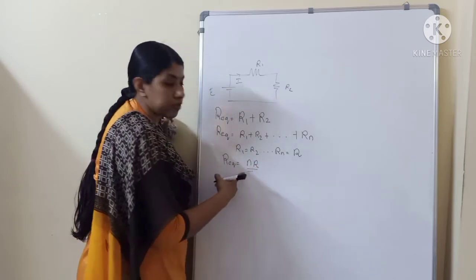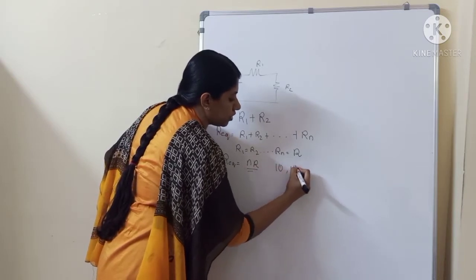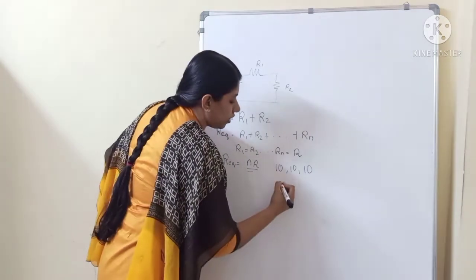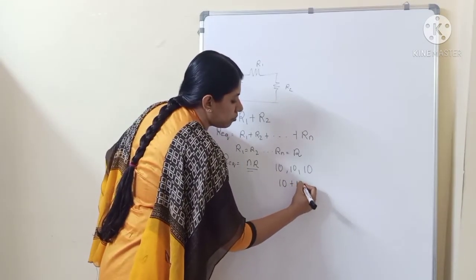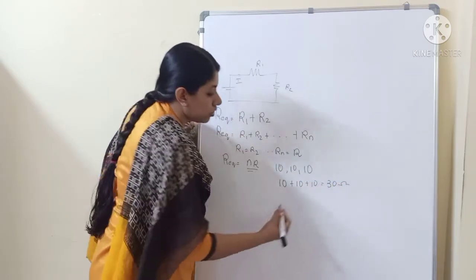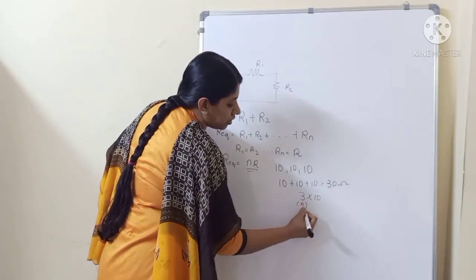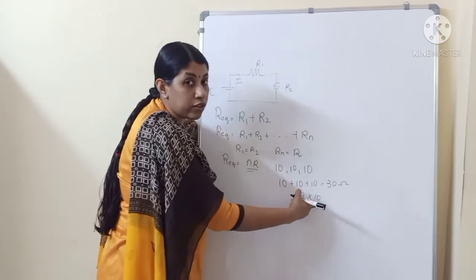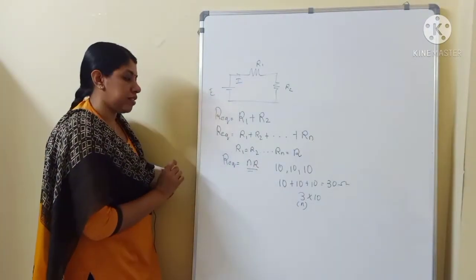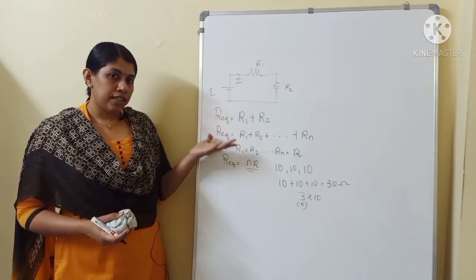I hope that this is very clear to you, because, for example, imagine that you have three 10 ohm resistors and these 10 ohm resistors are connected in series. Then to find the equivalent resistance, what will you do? 10 plus 10 plus 10, that is 30 ohm will be the equivalent resistance. Okay, so this can also be written as 3 into 10, right? That is the total number of 10 ohm resistors into the value of the individual resistance. Similarly, n number of resistors into the value of the individual resistance. So this is how we find the equivalent resistance of resistors connected in series.